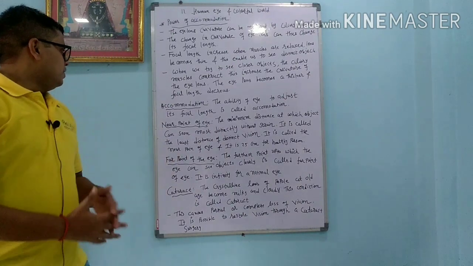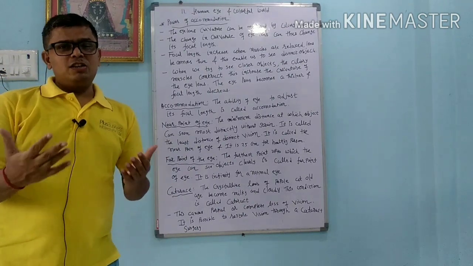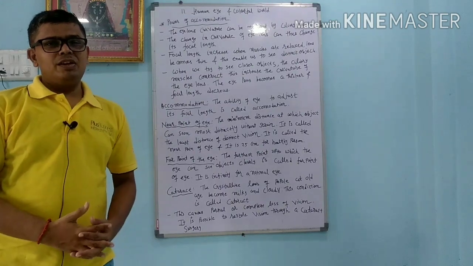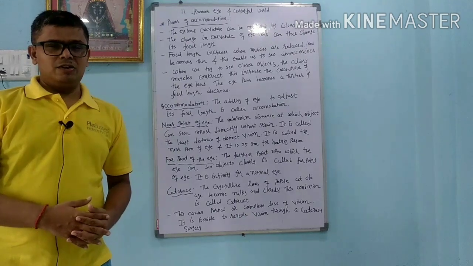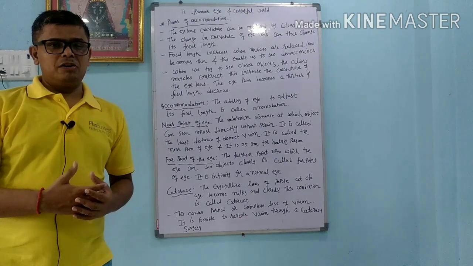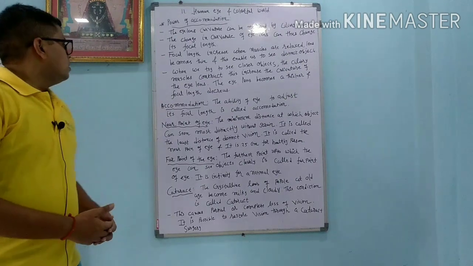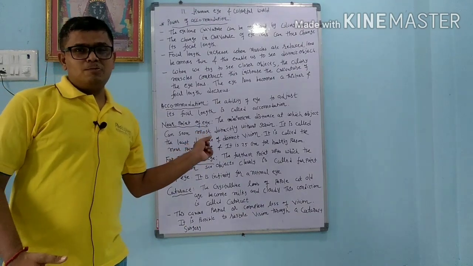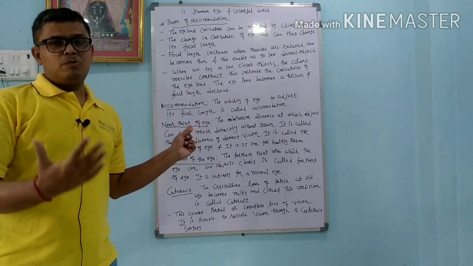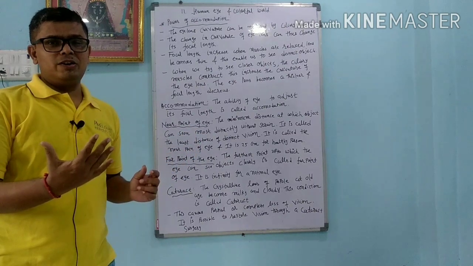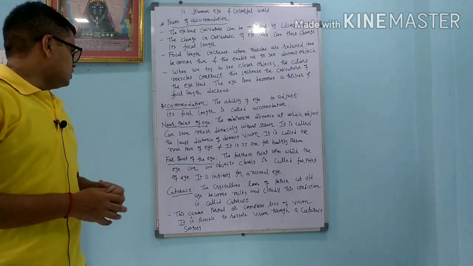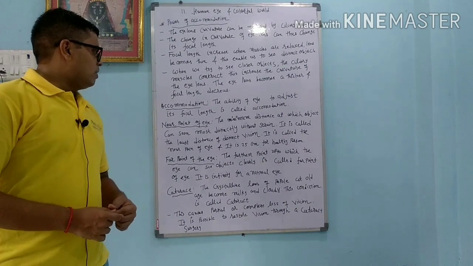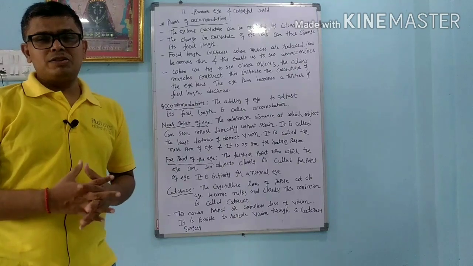Near point of the eye. What is called the near point of the eye? We try to see objects which are very near to us. Then what happens? Suppose I keep my finger near my eye. It is not easy to focus exactly on that. So the near point of the eye is 25 centimeter for a healthy person. The minimum distance at which an object can be seen most distinctly without strain. The word strain is important here. For a healthy person, the point at which you can see an object very near to the eye without strain is called the near point of an eye. It is called the least distance of distinct vision. It is 25 centimeter for a healthy person.